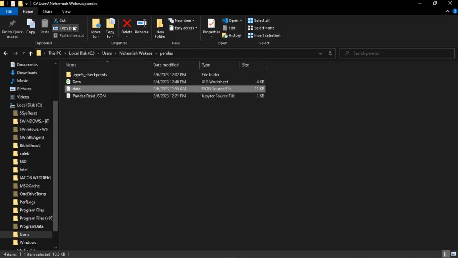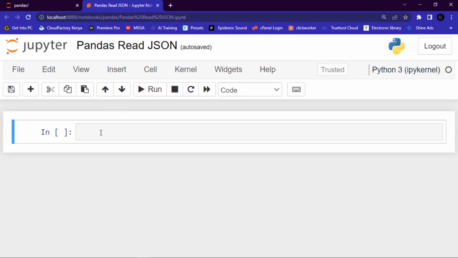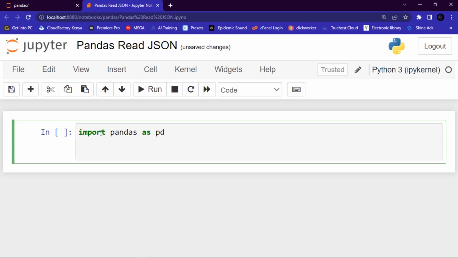Ensure that you copy the path, but before that, write the code that can be used to load this JSON file into the data frame. First of all, we import the pandas module with the import keyword: import pandas as pd. Then let me create a variable for our object, call it df for data frame, and assign it to pd.read_